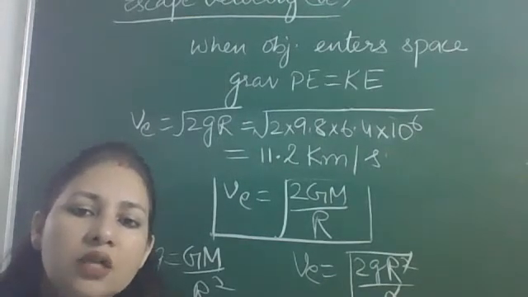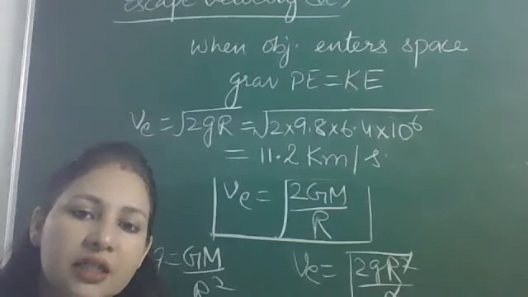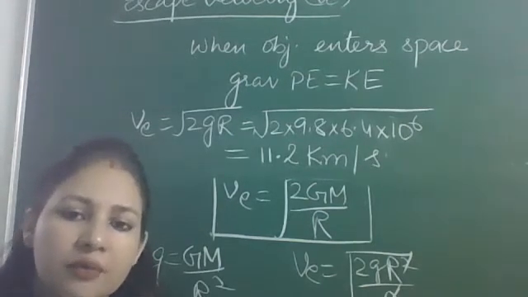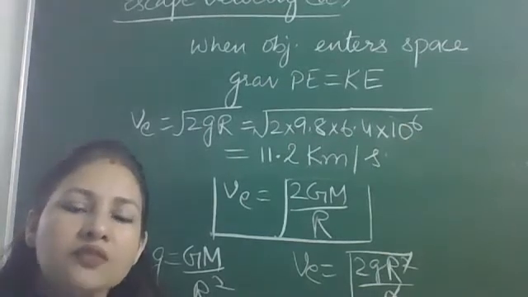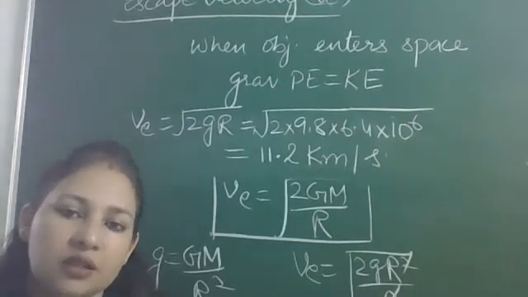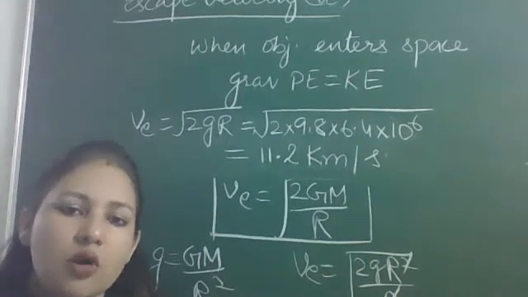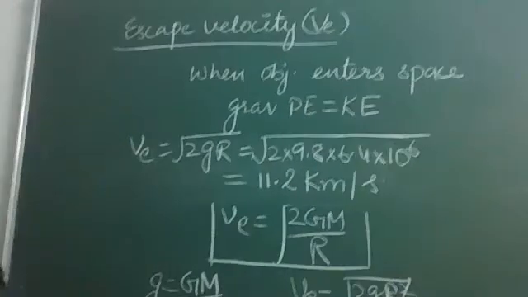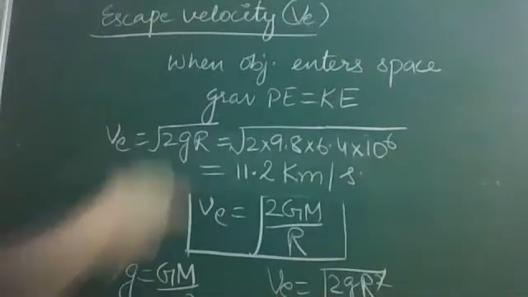Alright, now what is the principle of launching of satellite? If we want any satellite to be launched from a particular planet, how much velocity should be provided to it? So let us find the expression for that velocity, which is called orbital velocity. Alright, so give this a heading: Principle of launching of a satellite.